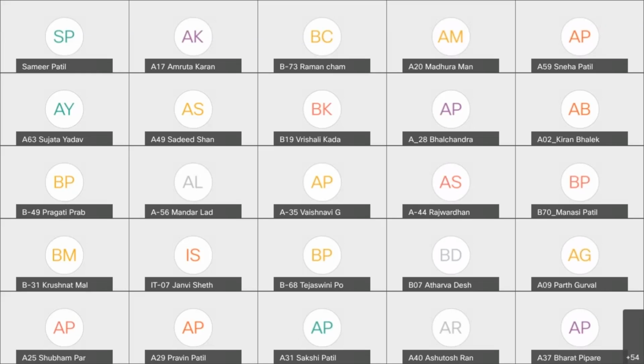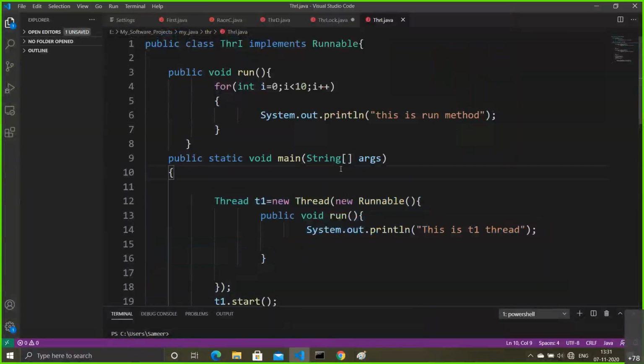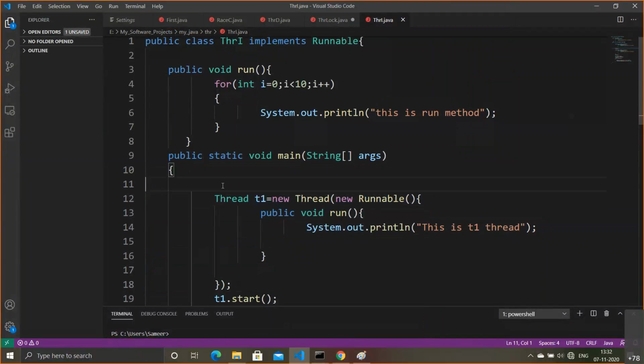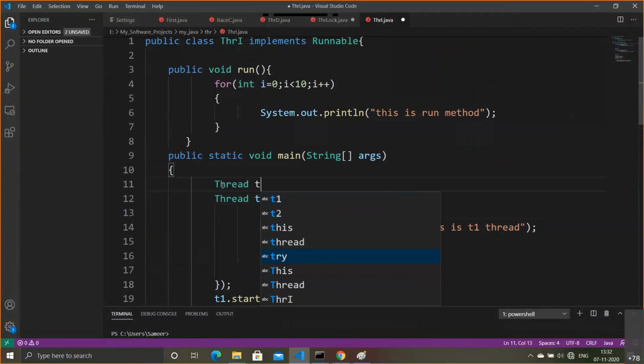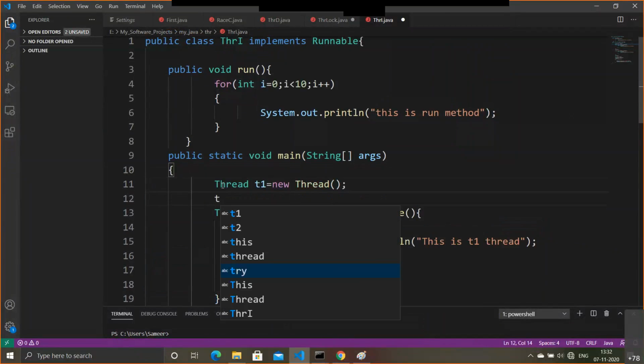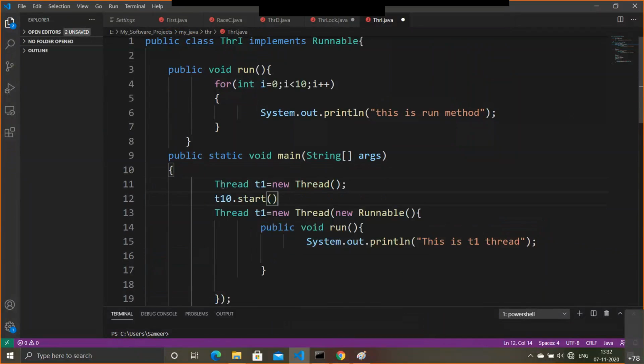Sunil, I don't think you got the test. So thread is creating an autonomous object. Let me create a plain object of thread. Thread T10 is equal to new Thread, right? And if I say T10.start, I have to write here